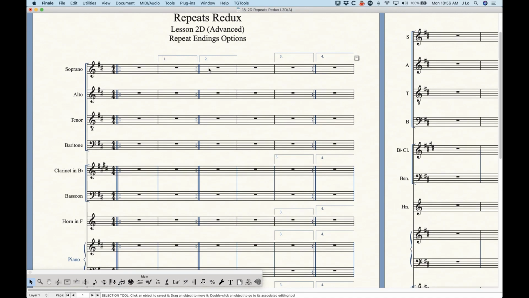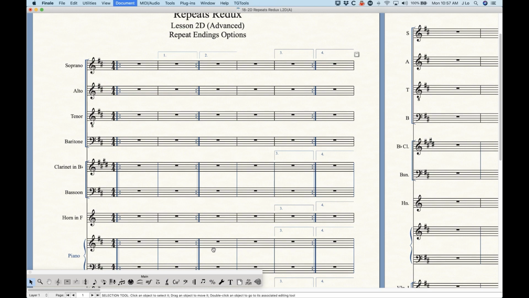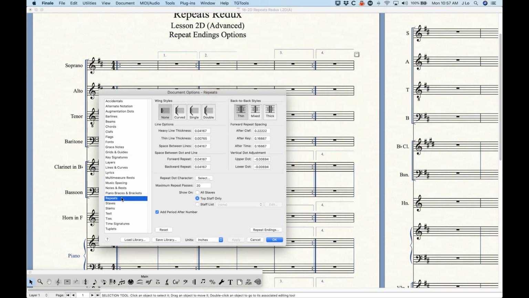So the first and second ending here, I just set up as normal, so these are by default. With the third and fourth endings, you can see I've made some height adjustments to the bracket here, so they look a little bit different. So these are manually adjusted, and they're even allowing individual edits for the third ending, which is why I did this crazy thing on the horn part here, where the third ending is lower. This is just for illustration purposes, not that you would ever probably want to do something like this, but just in case you have these manual adjustments, just to point out how some of these options are going to affect that. So let's go into the document options,